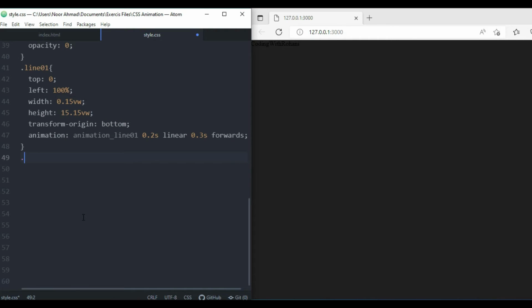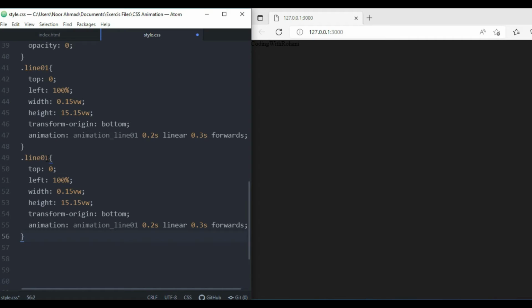Now let's target the line 03 class. So for line 03 we're going to do the same thing. So for saving time, I'm going to copy this and paste it here. So instead of line 01, I'm going to use line 03, and here I'm going to add some changes. So after this liner I'm going to add 0.6 seconds. So that's it. That's everything we need for the line 03